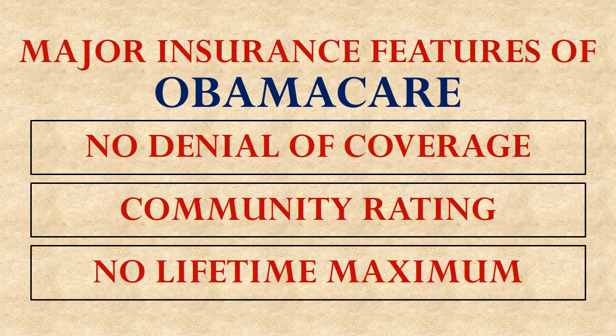The third feature of Obamacare is that there's no lifetime maximum. In other words, when you get insurance, there are no limits eventually to how much they may have to pay to keep you alive. Again, go back to the idea of somebody who has terminal cancer who purchases insurance. Maybe over the course of their life it's going to cost the insurance company $10 million to provide for them. Oh well, this insurance company still has to sell them that insurance policy at the same price they're selling it to everybody else.